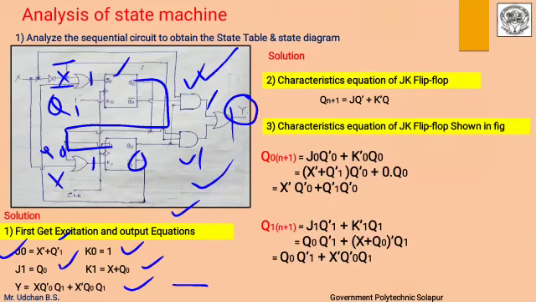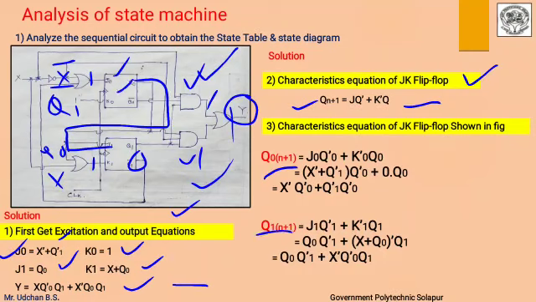From that we have to write the characteristic equation of that particular flip flop. In this diagram a JK flip flop is used, so I will write the characteristic equation of the JK flip flop, that is the next state equation of output, Qn plus 1 is equal to J Q complement plus K complement Q. This is the characteristic equation. You already know how to find the characteristic equation of a JK flip flop. So we will use this characteristic equation to find out the next state values of each flip flop.